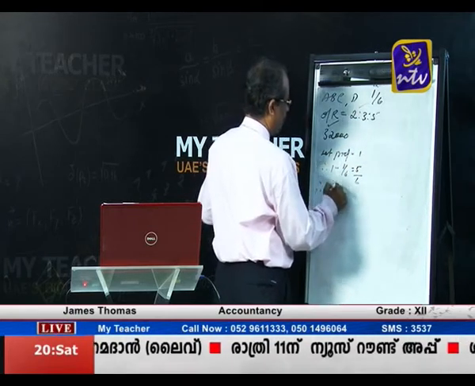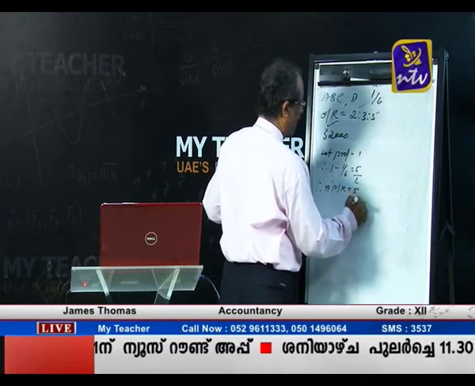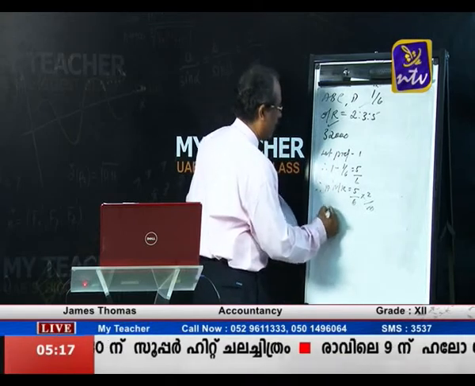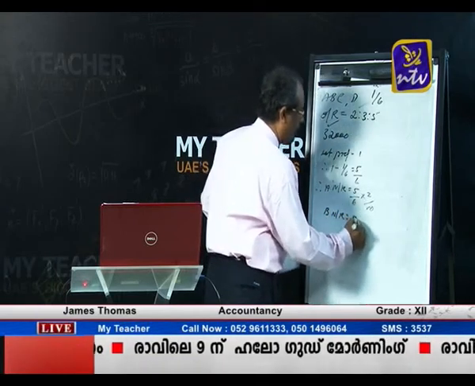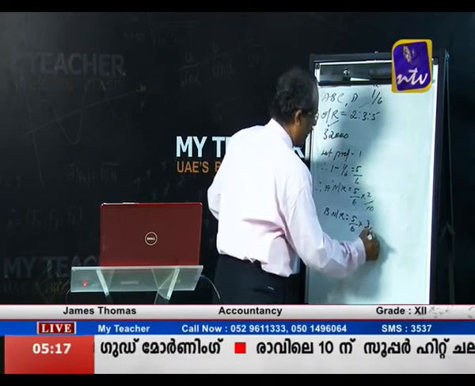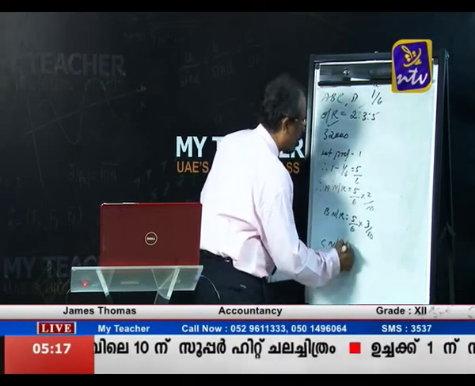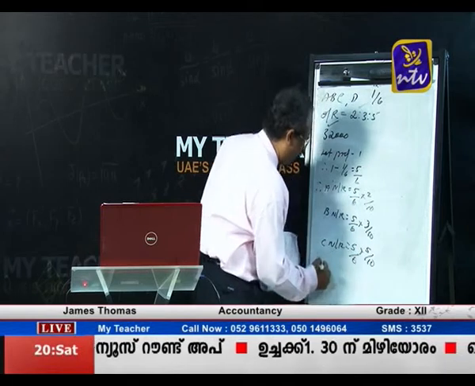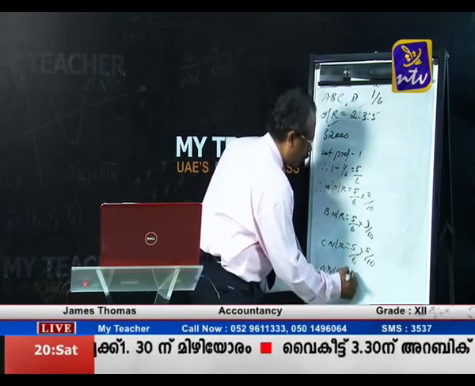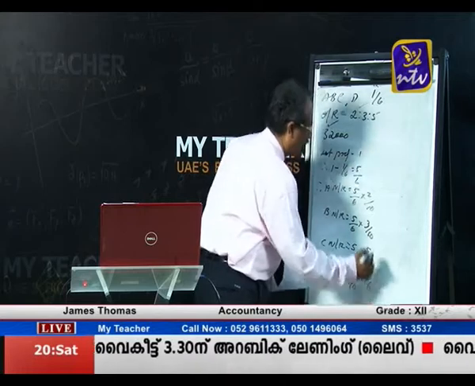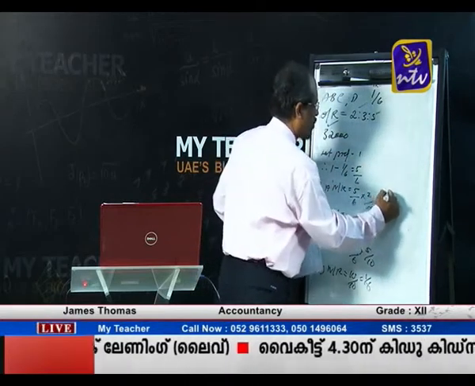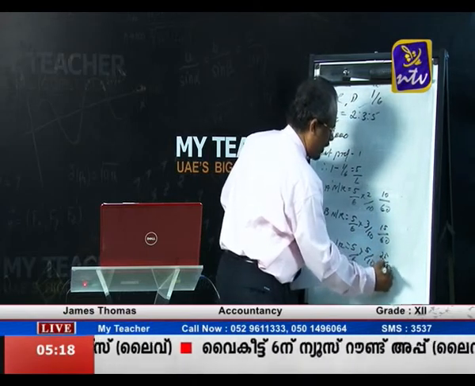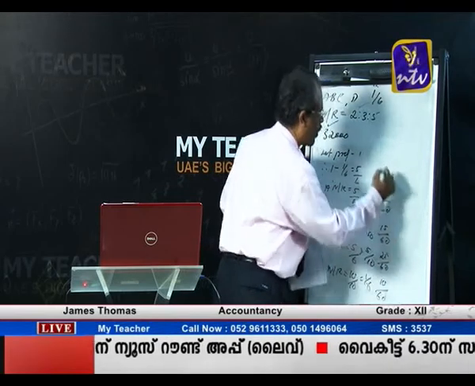Therefore A's new ratio is equal to 5/6 into 2/10, and B's new ratio is equal to 5/6 into 3/10, and C's new ratio is equal to 5/6 into 5/10, and D's new ratio is equal to 10/10 into 1/6. So there you can find out that this is 10/60, this is 15/60, this is 25/60, and here it is 10/60. So the ratio will be